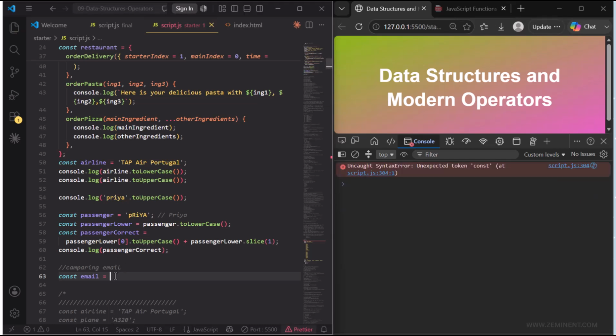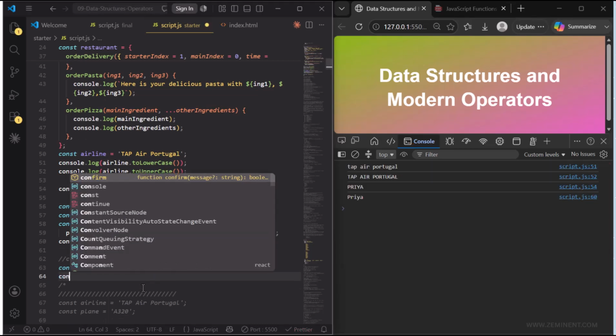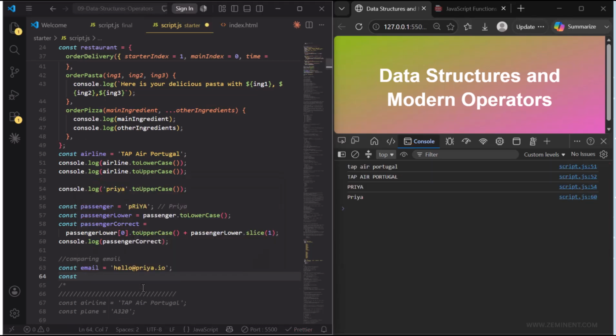I'm giving the email as hello at the rate. But now as the user logs in, let's say login email, write const loginEmail that is equal